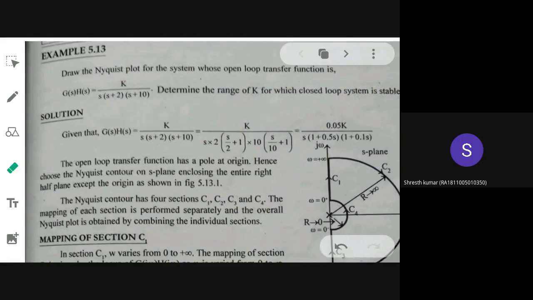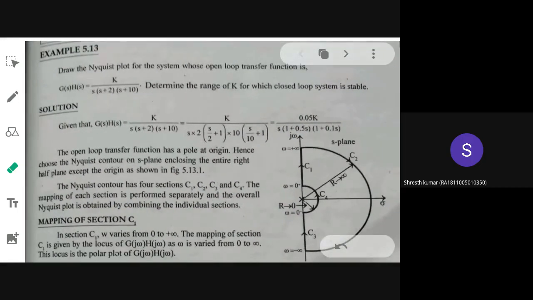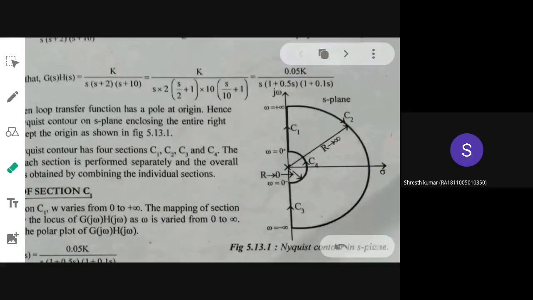That is achieved. The next thing is you have to draw the Nyquist contour on the S-plane. So you have to check first whether there are any poles that are located on the origin. Here, as you can see from this transfer function, you are having a pole located on the origin. So you locate it. That will be your singular point. So this Nyquist contour that you are going to draw will not be passing through this singular point, it has to take a detour. So because of the presence of this pole at origin, instead of 3 normal segments, you will be having one additional segment in this case for a Nyquist contour. This is your Nyquist contour.